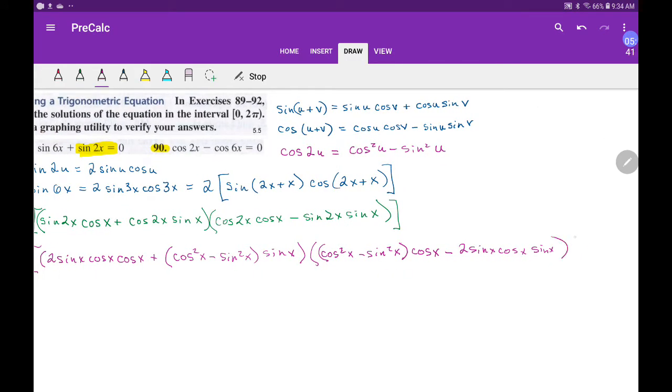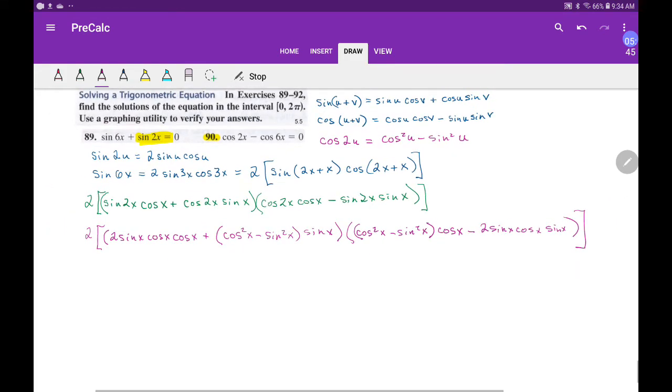And so that's good there, and there's my bracket. Alright, so now what can we do? Well, let's clean this up a little bit. We'll say 2, and we'll say 2 sine x. I'm going to keep my sine x first if I can. Cosine squared x